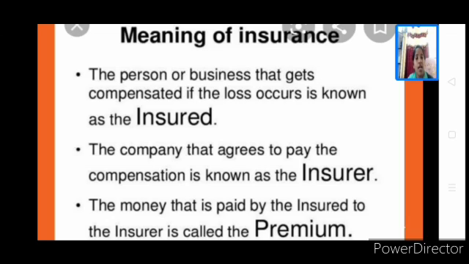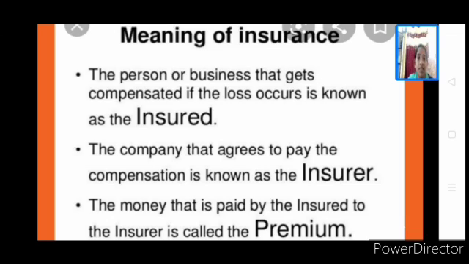I have taken life, so I may be okay. Then after the period of maturity, I will be getting back. If the insured dies within that period, the entire amount, irrespective of the premium paid by you, the entire amount that is assured will be given back to the descendants of that particular premium paid person, that is the insured.